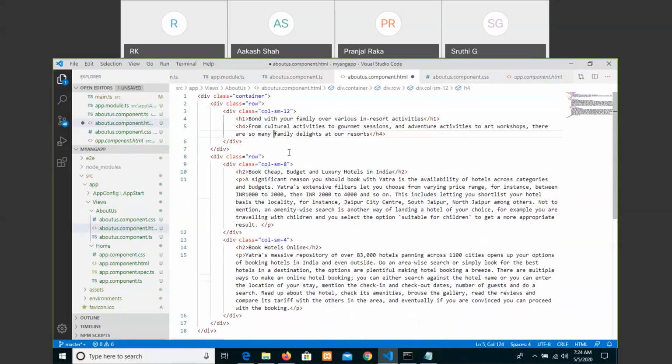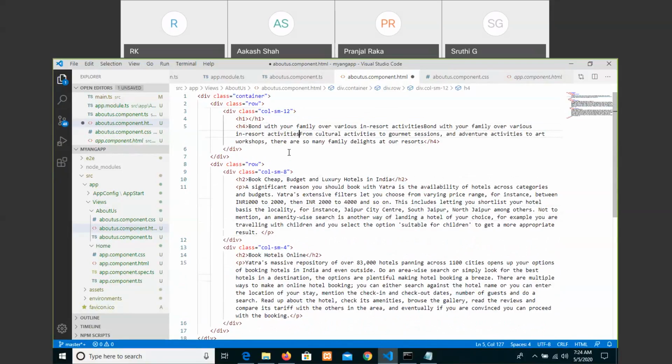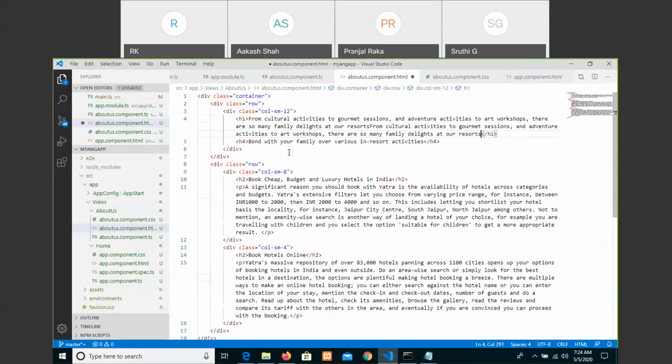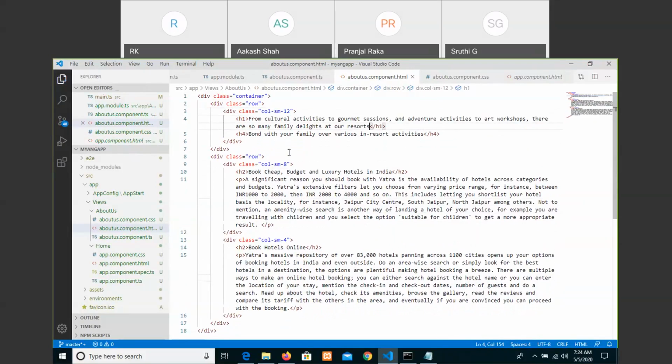Like we have property binding in React.js, we even apply the concept in Angular, one-way as well as two-way binding. That we'll discuss. But here, as of now, we just created a component HTML file for about us.